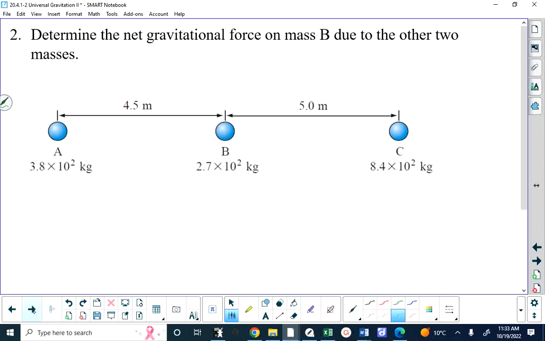So there will be a force on B due to A. There's a gravitational force on the center mass due to the mass on the left. And that can be called the force of gravity on B due to A. And one thing I want to add here,